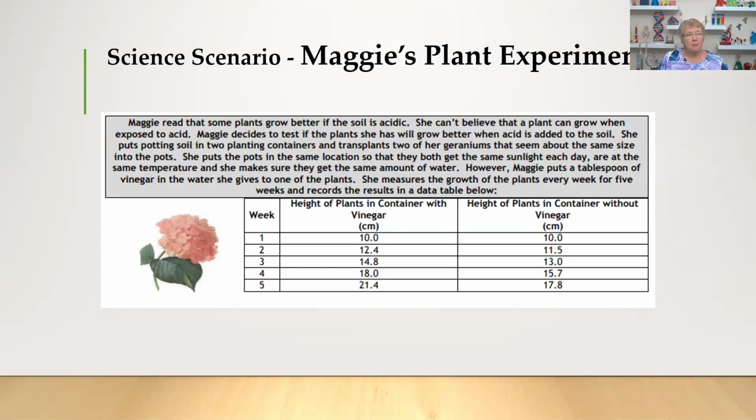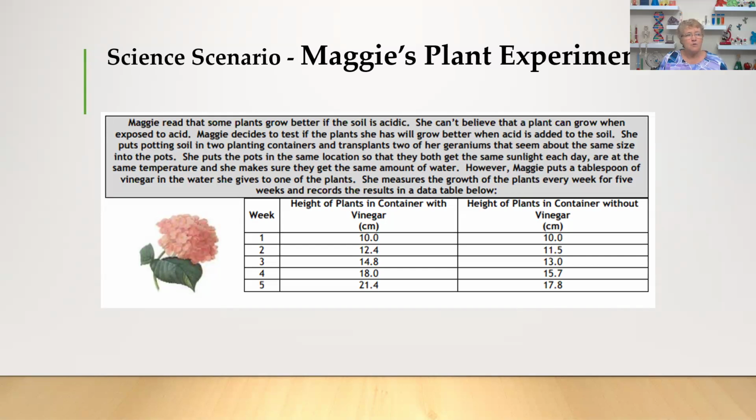Maggie read that some plants grow better if the soil is acidic. She can't believe that a plant can grow when exposed to acid. Maggie decides to test if the plants she has will grow better when acid is added to the soil. She puts potting soil in 2 planting containers and transplants 2 of her geraniums that seem about the same size